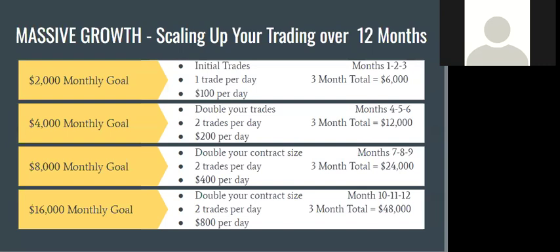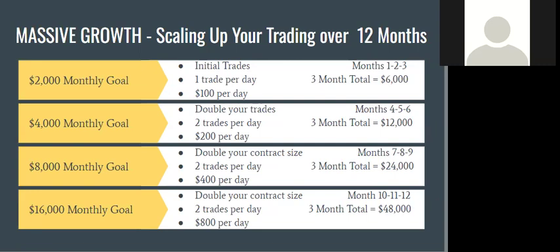So what we're going to do the next 3 months, month 4, 5, and 6, is basically we're going to double our trades. So instead of 1 trade a day, we're going to look for 2. That's it. But the 2 trades are still only going to be for $100 target on each one. So again, we're just doubling our trade. So for the last 3 months, you've traded 1 trade a day, $100 a day. 1 trade, $100. That's it for 3 months.